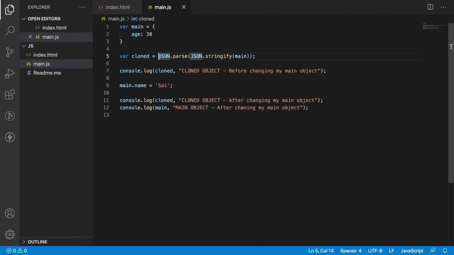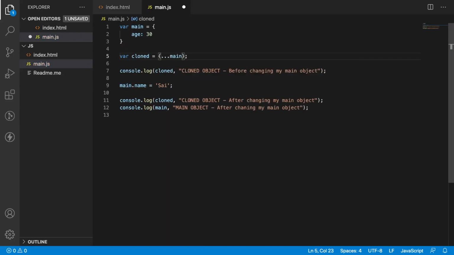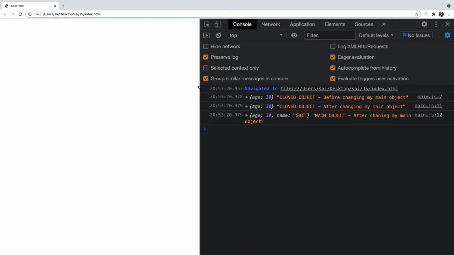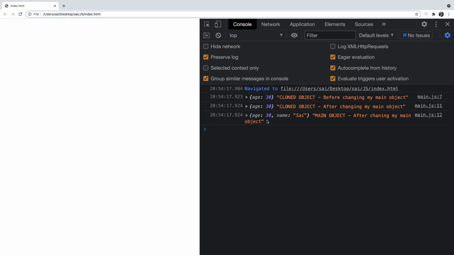And also there is another approach to do this, that is called a spread operator, which came in ES6. So this is a new ECMAScript operator. We can use three dots and the object. Inside the object, use three dots and assign that object. So in this case also it behaves like creating a new memory location instead of assigning to the main object location. So let me go back, clear this, reload the application. If you see here, now also it works the same. We are avoiding the shallow clone.